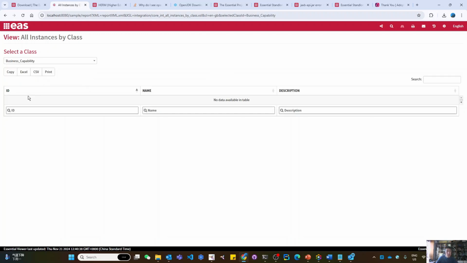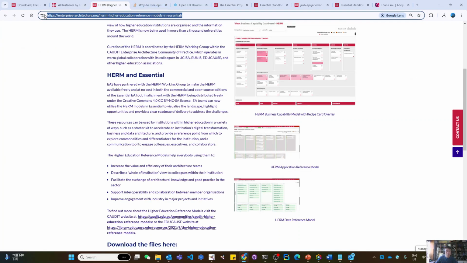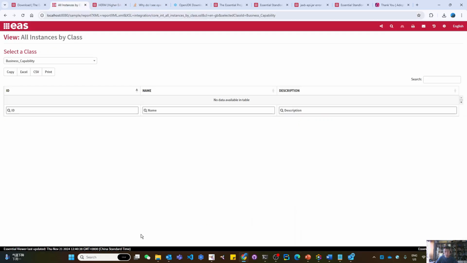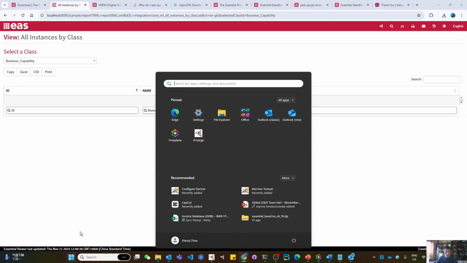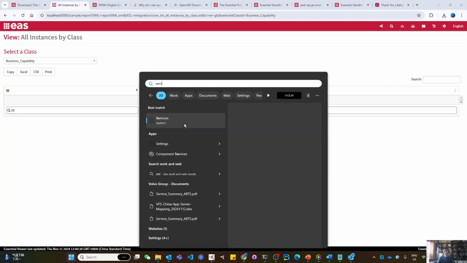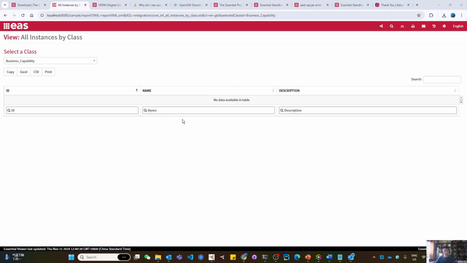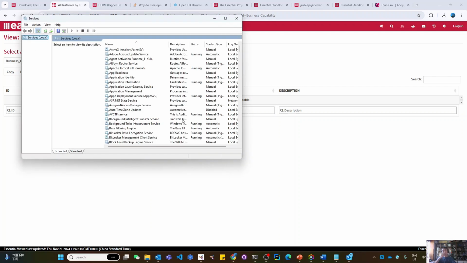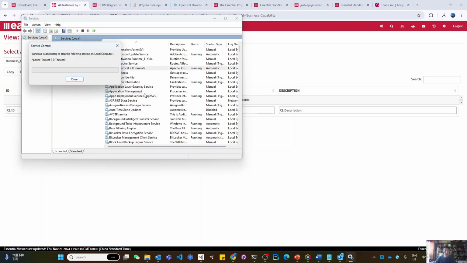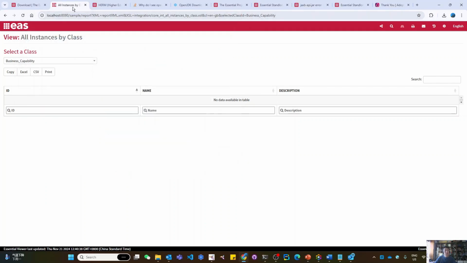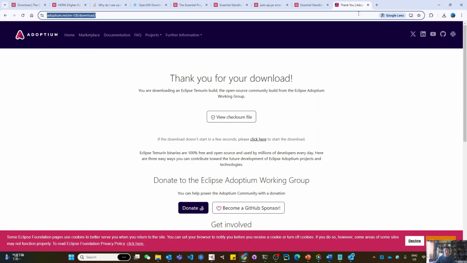Here, no data available. So that is not correct. So let me restart the Tomcat. But I don't think that's due to that. It's this publish doesn't load our model. So restart service. And let me close this and